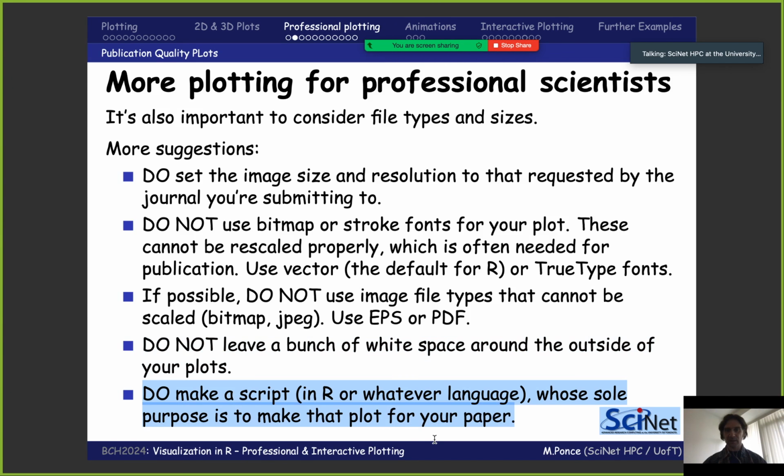And this is the final comment, and the one that I'm going to ask you to create in the assignment: create a script in R, or any other language, whatever is your favorite language, whose sole purpose is to reproduce the plot for your paper. For each plot, I recommend having a particular script, so that if you have to change something, tweak your data or axis, or you have new data coming from the lab, you can execute that script and, boom, reproduce the plot or create a new plot in a matter of seconds. Okay, again, some suggestions, some recommendations.